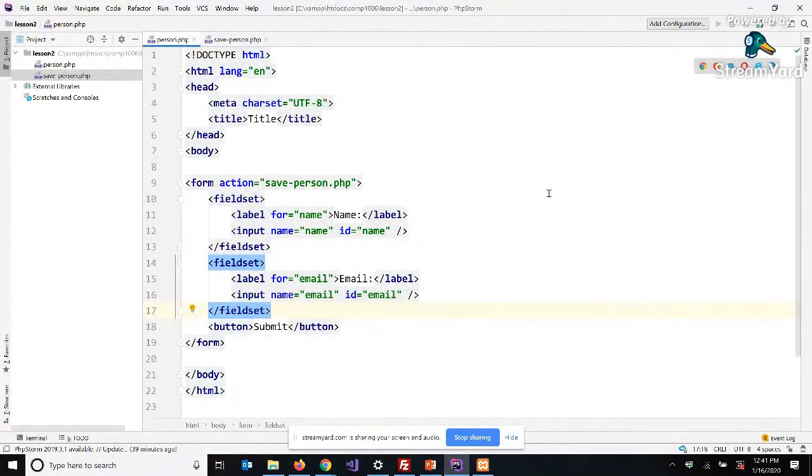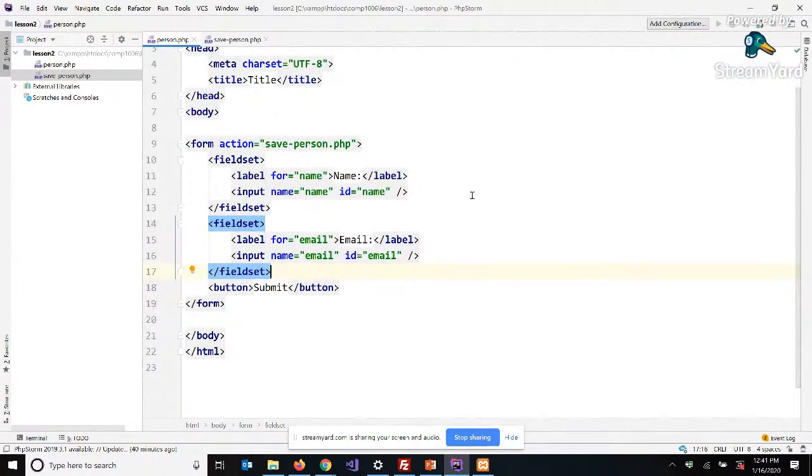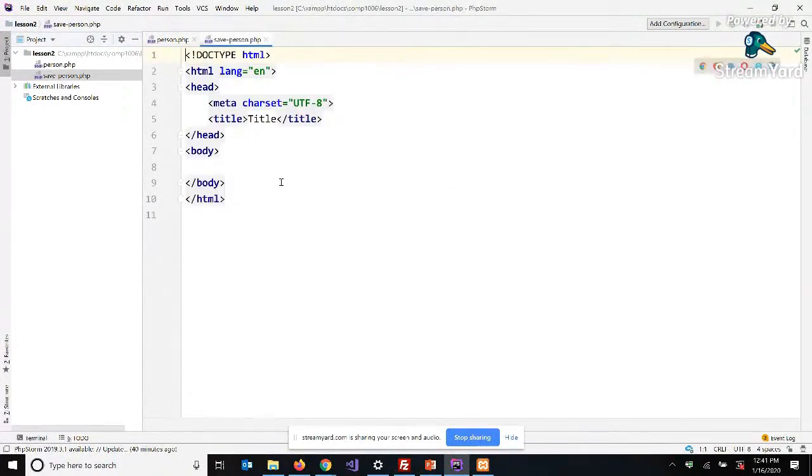Fortunately, we didn't write a heck of a lot of code, and in terms of PHP code, we've written 0. So all we've done basically is build an HTML form with 2 inputs and a submit button, and then we've got this blank PHP form. We want to add some code here so we can start to interpret and process our inputs. So on my save person page, I'm going to open a set of PHP tags. And the first thing we'll do here